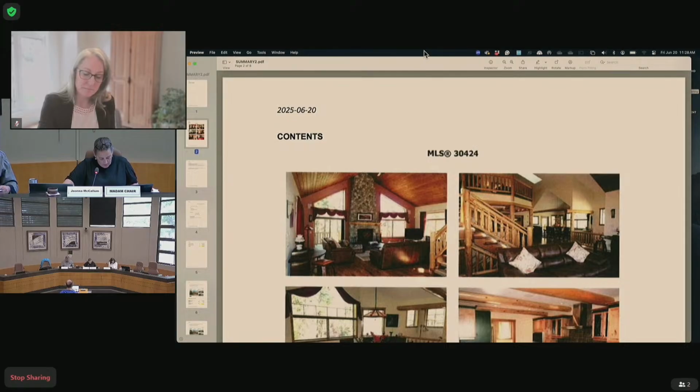The LARB standard practice is to have the complainant present all of their evidence first, followed by questions from the respondent and then from the panel. And then next, the respondent presents their evidence, followed by questions from yourself, and then questions from the panel. And then the complainant will have an opportunity for rebuttal to the respondent's statements. Finally, both parties will have an opportunity to present their final argument and summarize their evidence for the panel, with